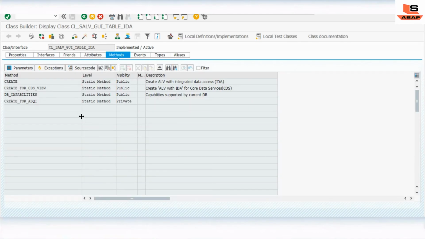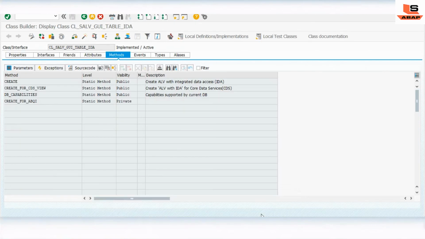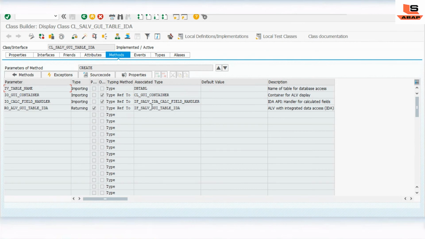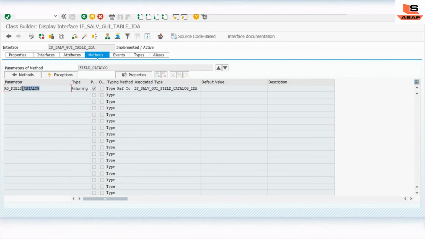In this class, as you can see, we have this method create, and we are returning the output. First we will see the type of this. So for create, I click on the parameter. As you can see, we are receiving it here. If I double click here, we are calling the field catalog, correct? So I click on the field catalog, click on the parameter, and in which we have the field catalog, right.